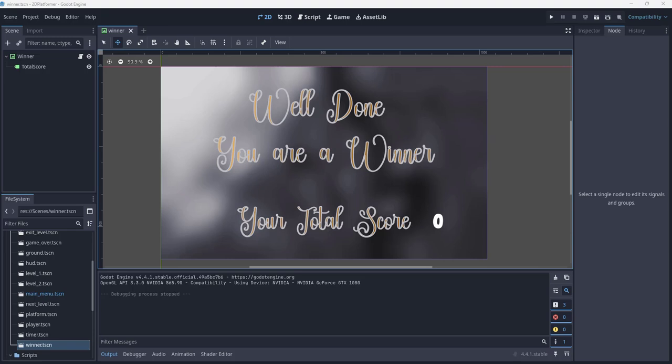In this lesson we're going to script the winner scene. As and when the players complete the levels in their entirety, they are then presented with a well done screen. We've created this earlier, so we don't need to go into that. But in addition to this, we're going to put the total score from the game manager at the end of the game here, so they can get some feedback